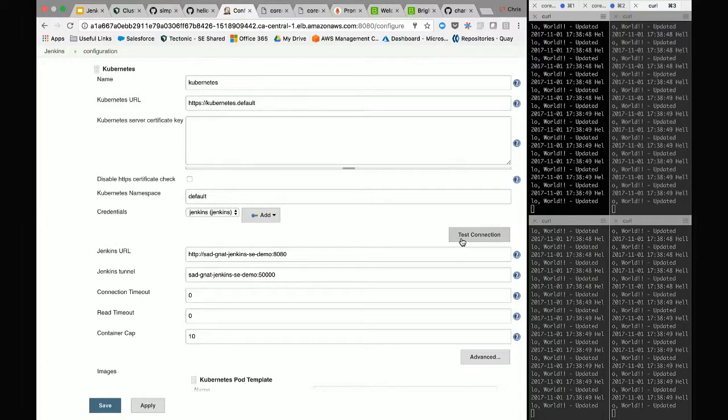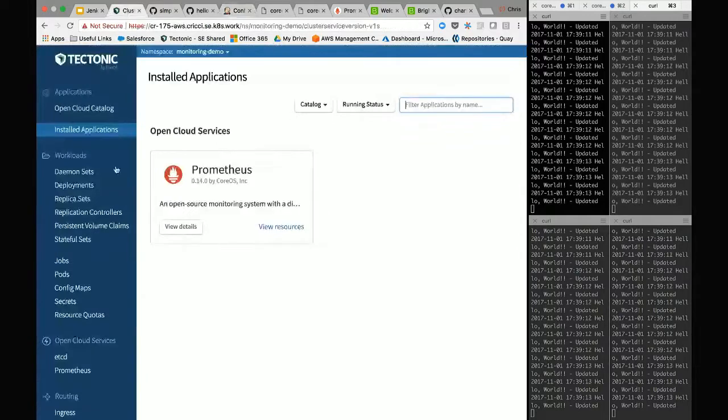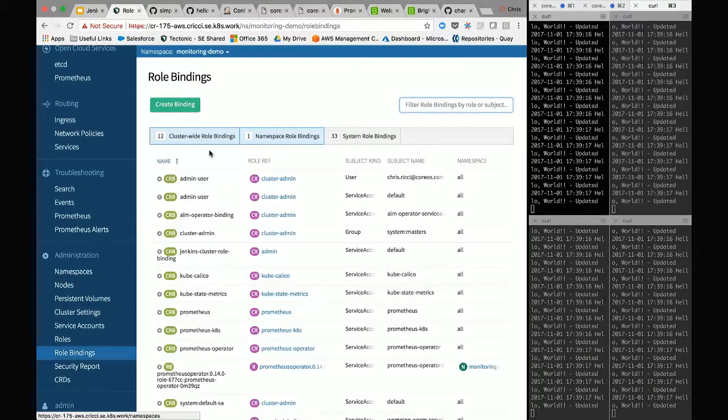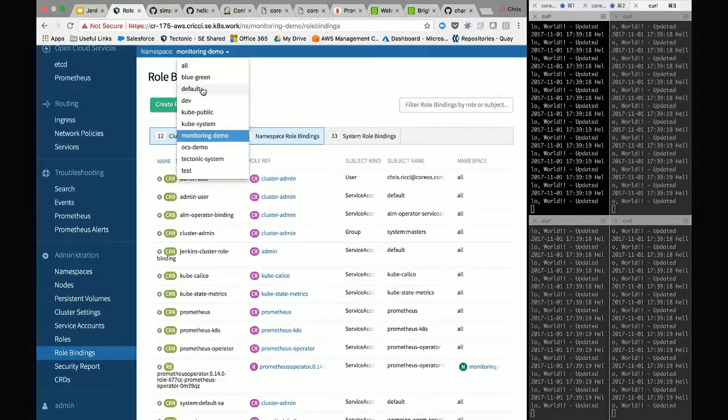And if you're using something like Tectonic or a cluster that is using RBAC, or role-based access control, the first thing you'll need to do is configure that service account with the appropriate RBAC rules so that it can interact with the actual Kubernetes cluster. And so I've already configured it, and so when I test connection here, it's successful. But what that looks like, if I go into my Tectonic console here, and I go to my role bindings,